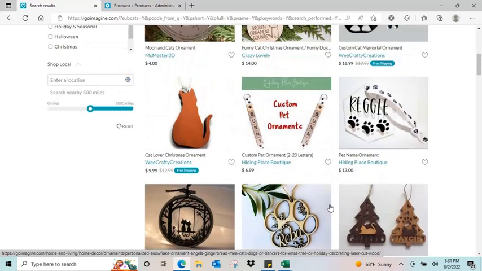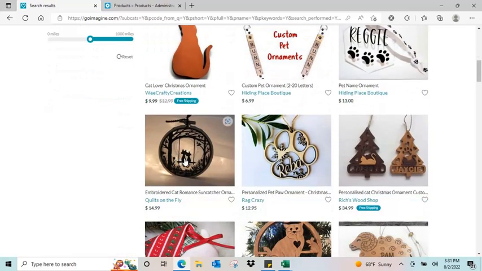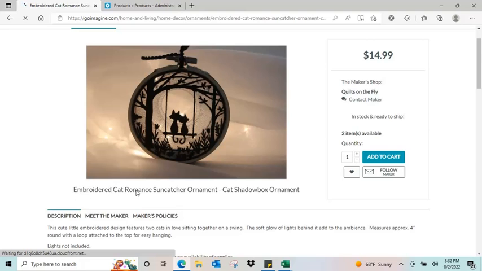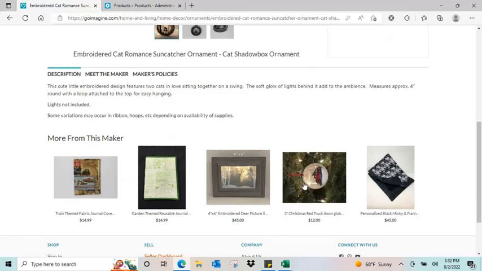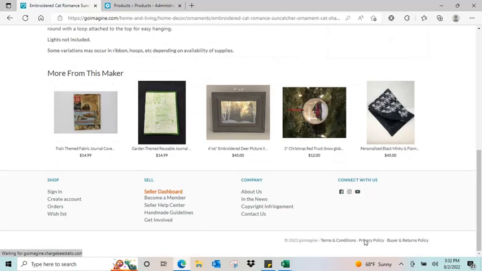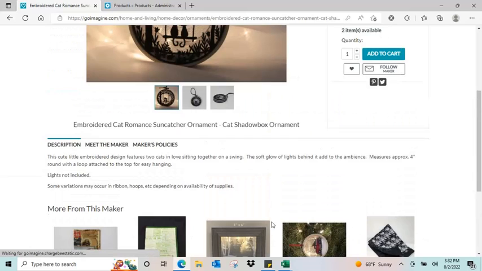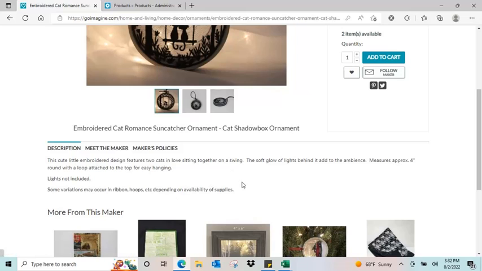Let's go back up to the top, to some of these ones. Let's go to this one right here from Quilts on the Fly. It says embroidered cat romance suncatcher ornament, cat shadow box ornament. Of course we can't see the words that they chose for their keywords. We can only see this, and then we can see the description. Looking at the description here,